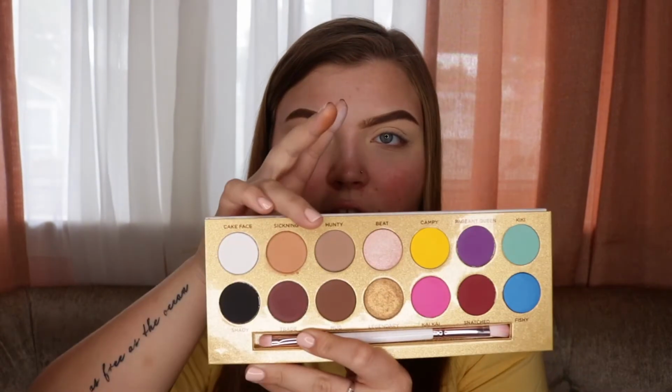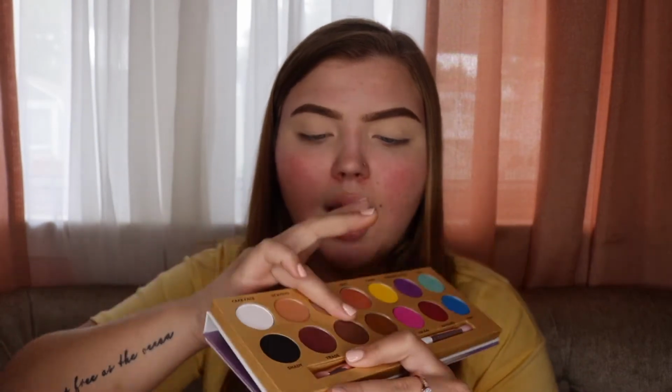The third shade of the top row is called Hunty, and this is a cooler tone transition color. It looks like this. Again, all these are swatching really nice. You kind of just have to smooth them out and then they look perfect. Moving on to the